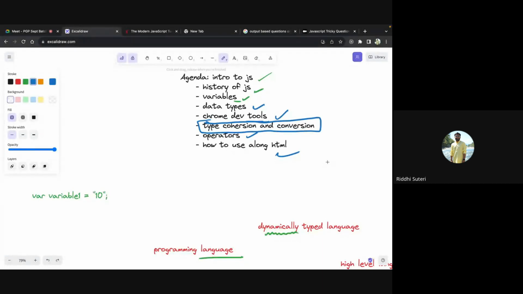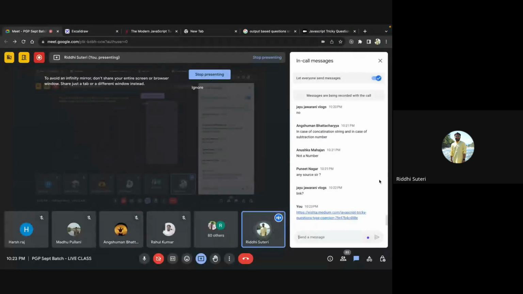We will not go into adding JavaScript to HTML right now. After a few classes of JavaScript standalone, we will then add JavaScript with HTML, and then we'll have some fun around it. That we can take later on.